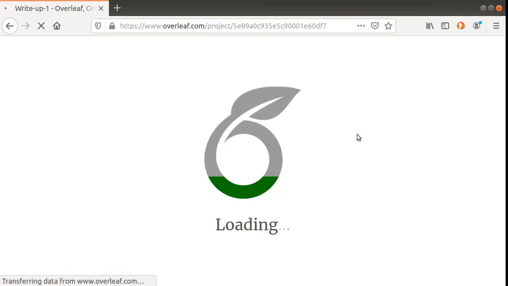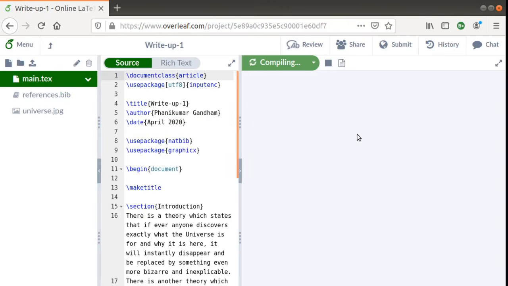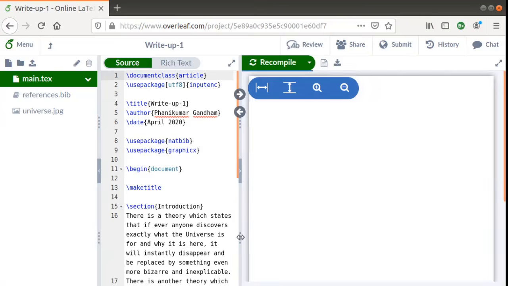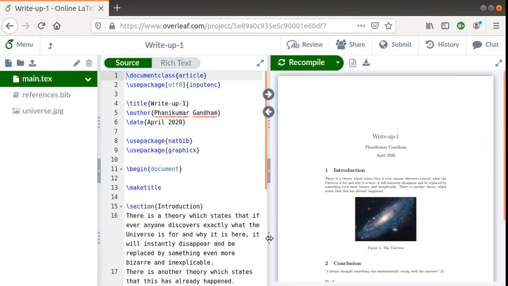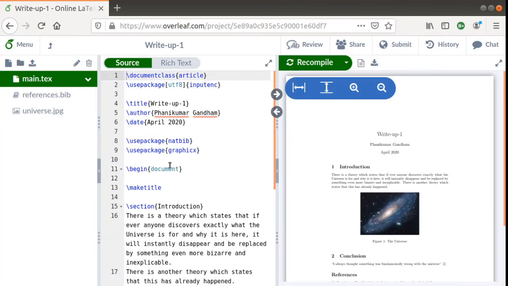And what Overleaf does is open the document with some text that is already put in for us to see. Okay, and it has 3 panes. The first pane shows the files. The second pane shows the actual text that is used to compile the document. The third pane shows the preview of the PDF document created from the text file. So the text file is what is there in the middle. You can edit it now, and let me start editing by first making the document of A4 paper size and 12-point font.